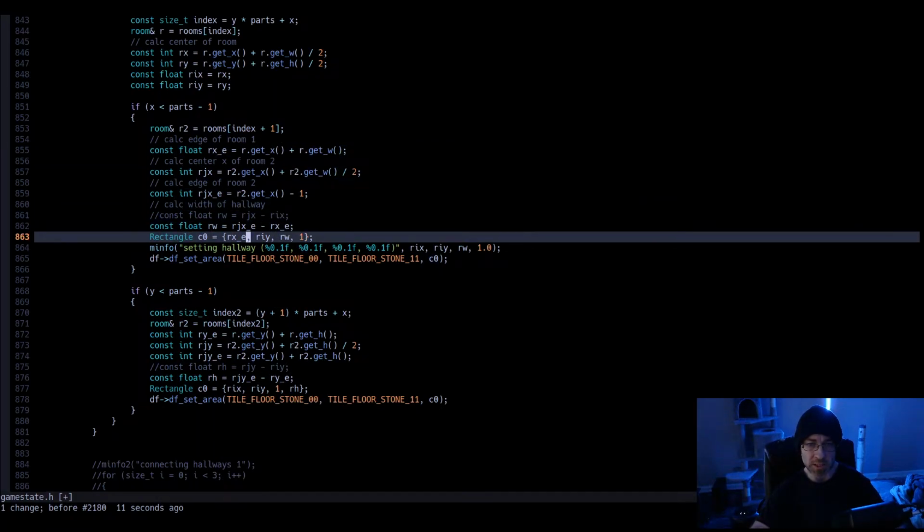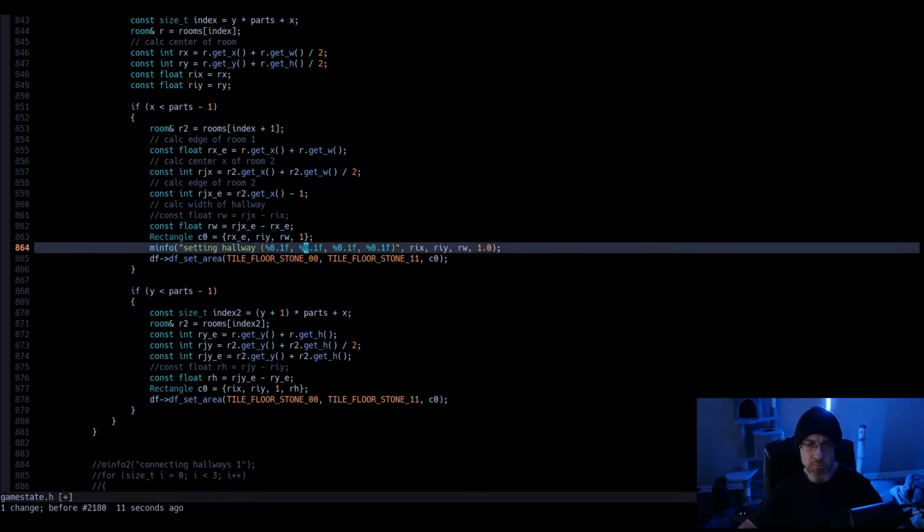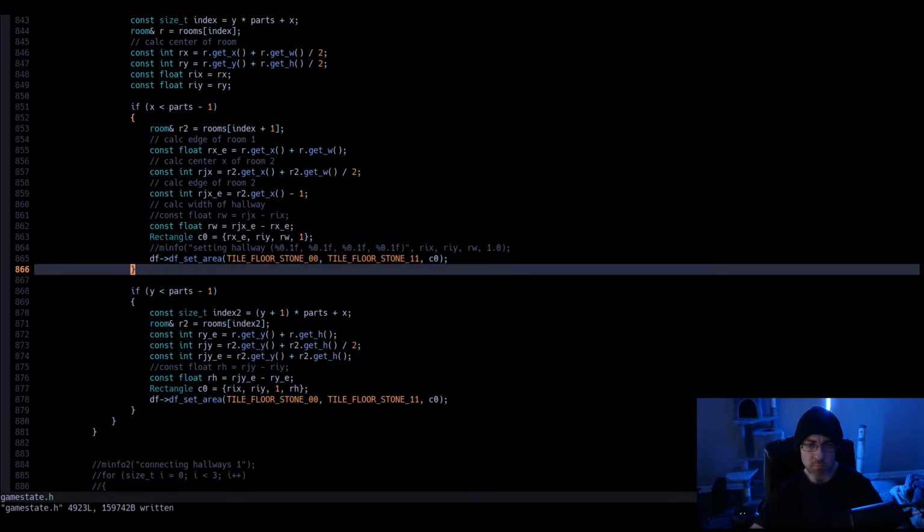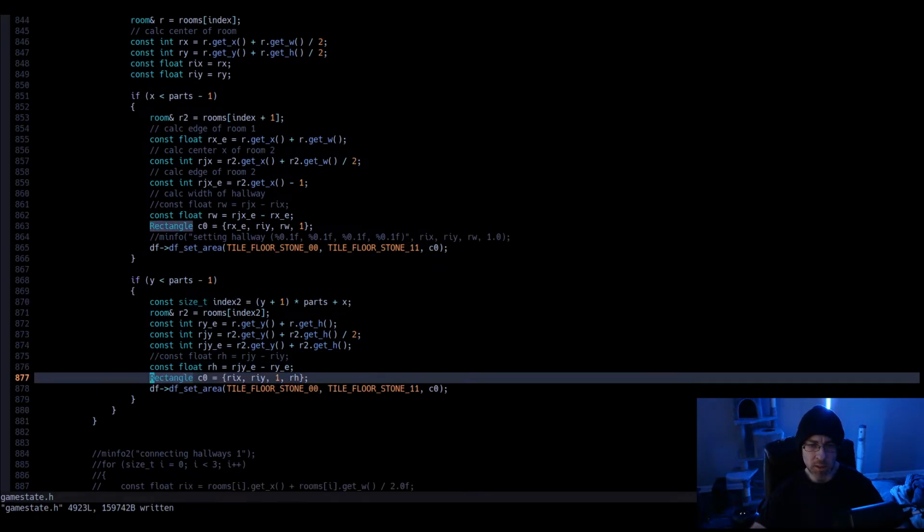Yeah, so that's going to be RXE to RIY to RW and 1. Then down here it's going to be RIX to RYE, 1, and then